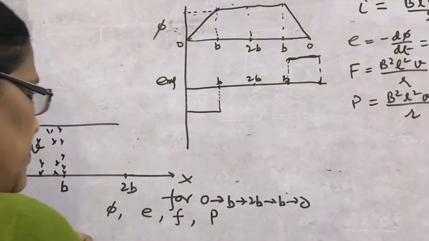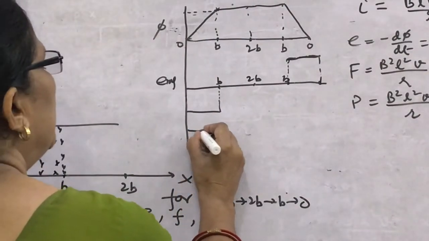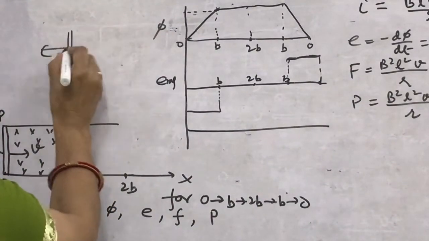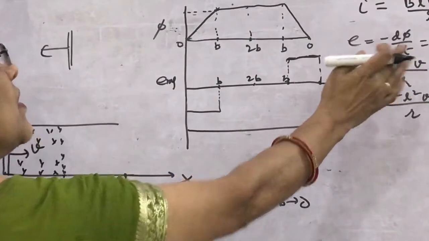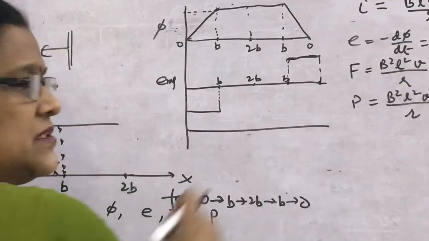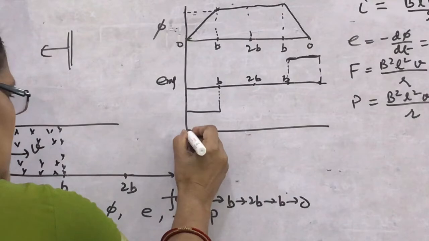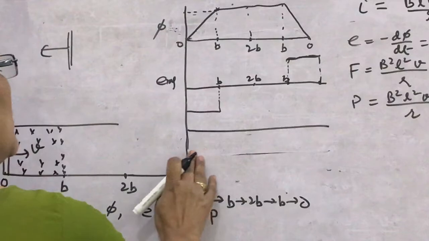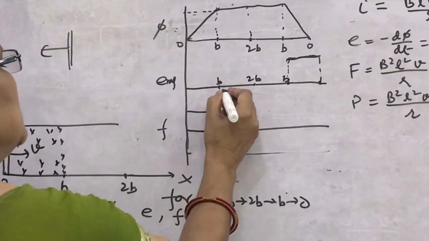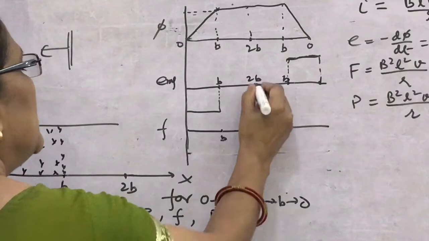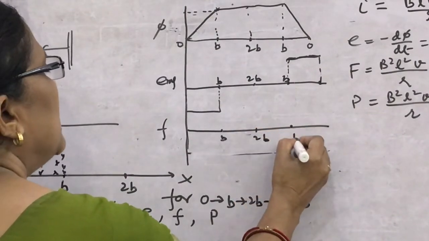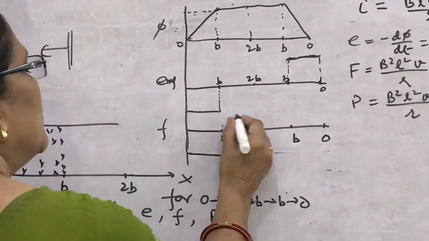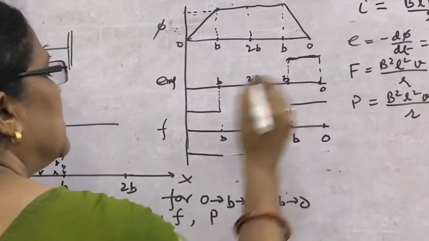Similarly, what about force? If you plot the force, and the rod is moving, then you know the force is acting in this direction, and from the formula IBL you have got this relation. How will you plot the force graph? Same as that of EMF. This is the graph for force. You will find this is the point B, this is 2B, this is B, and this is O again. So similar will be the graph for force, that is this one.